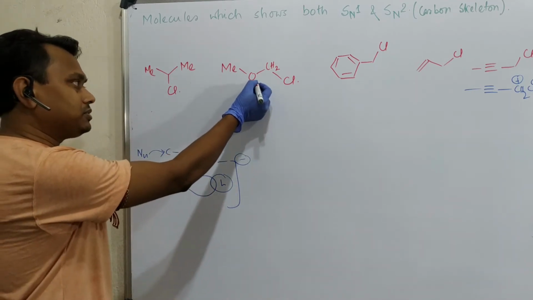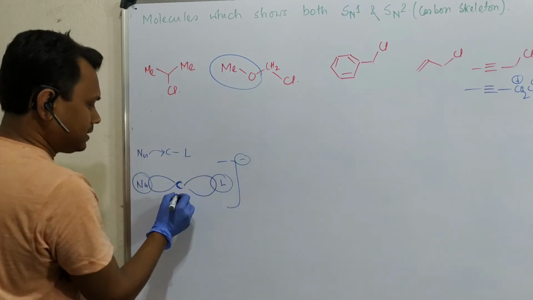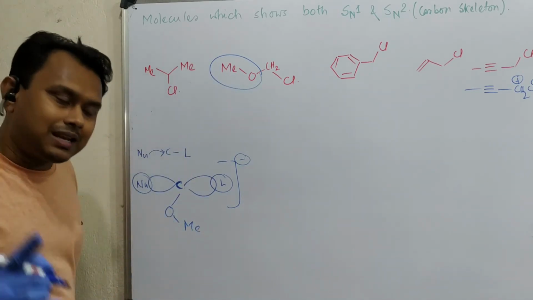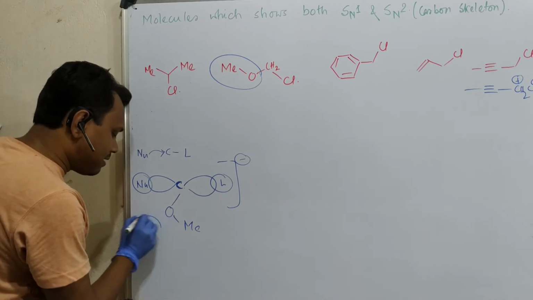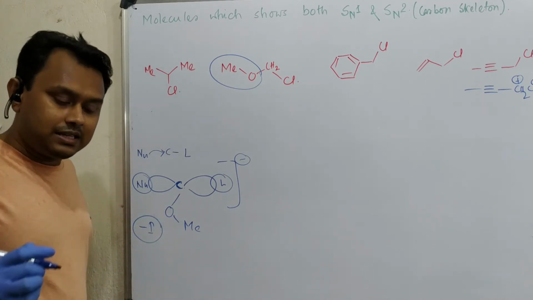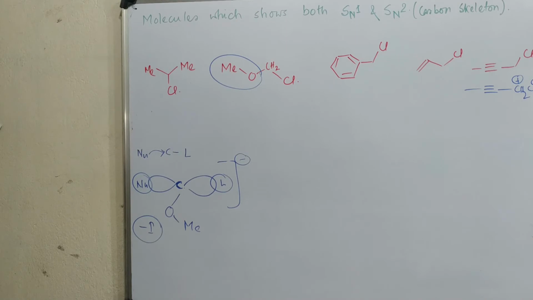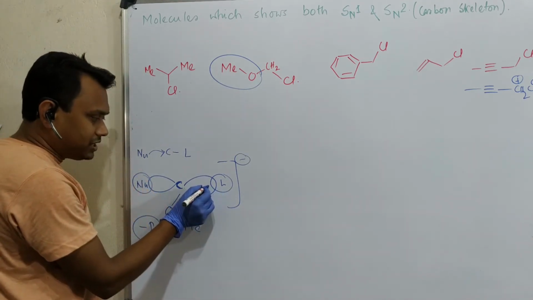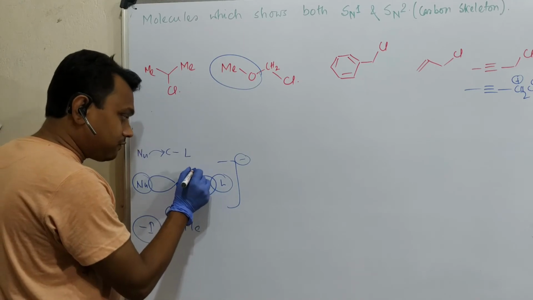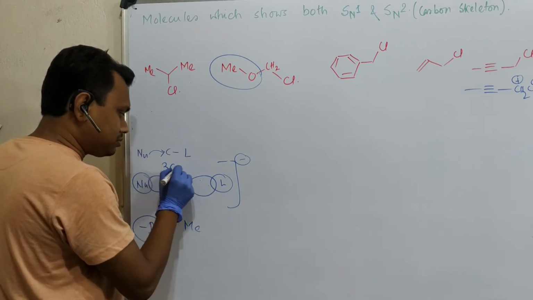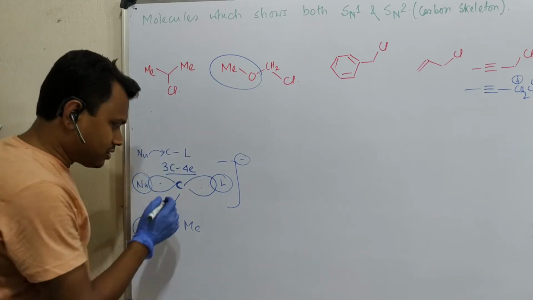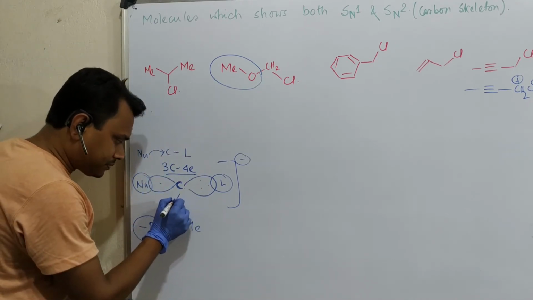Now that will be stabilized when this carbon is attached to something electron deficient. For example, this is the OMe part. We know that oxygen has a minus I effect because it is a highly electronegative atom, and that electronegativity helps here to stabilize the electron-rich system, because this orbital has 4 electrons. This is actually a 3C-4E bond. So withdrawing the excess electrons helps.